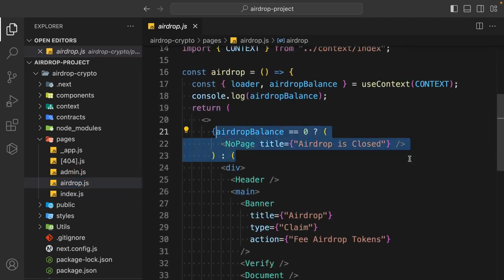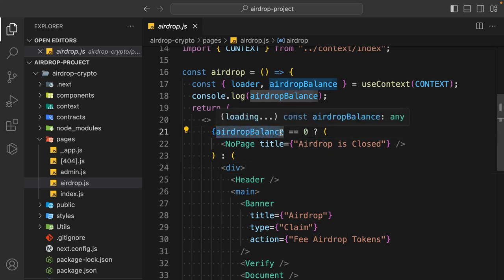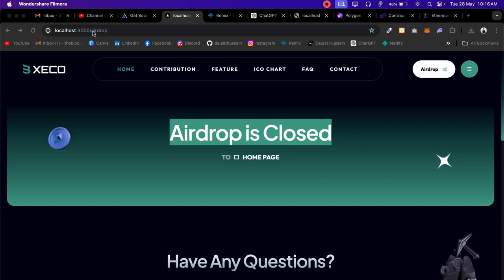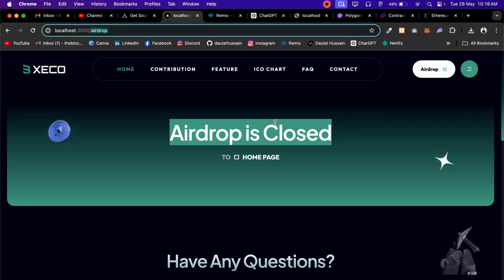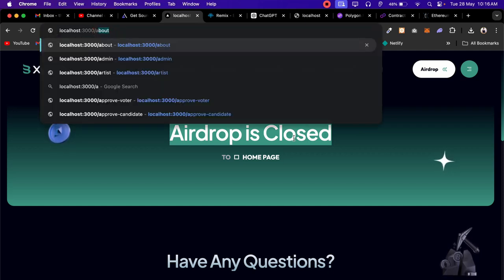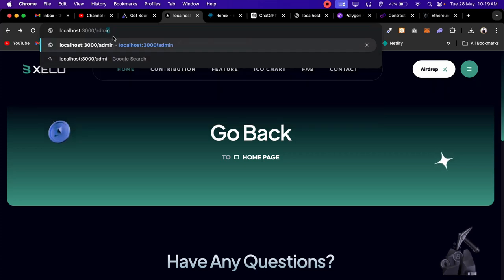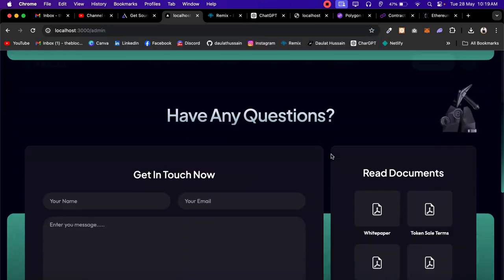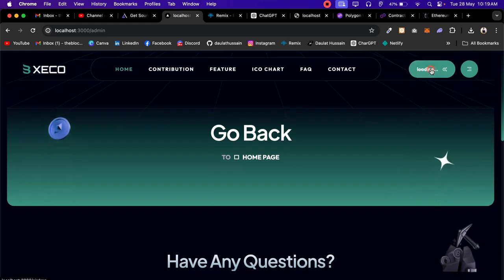Here we have built the condition, because right now there is no balance, there is no token available for airdrop. That's why it's saying airdrop is closed. So we have to go to the admin page and transfer the token to our airdrop. So I'll go back to the admin, sorry, my bad. And then it will load, and I'm getting this option. Click on this connect,